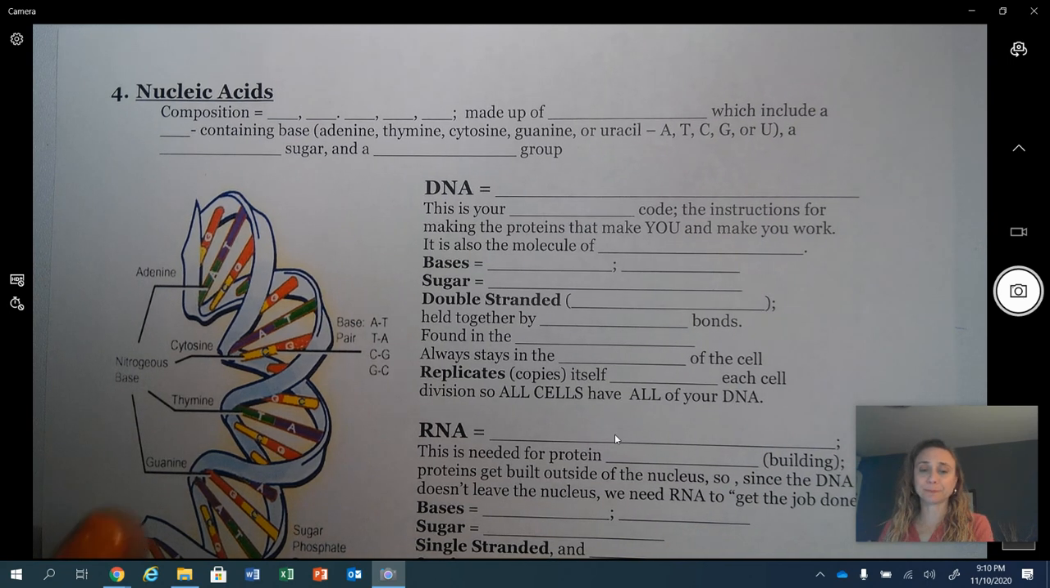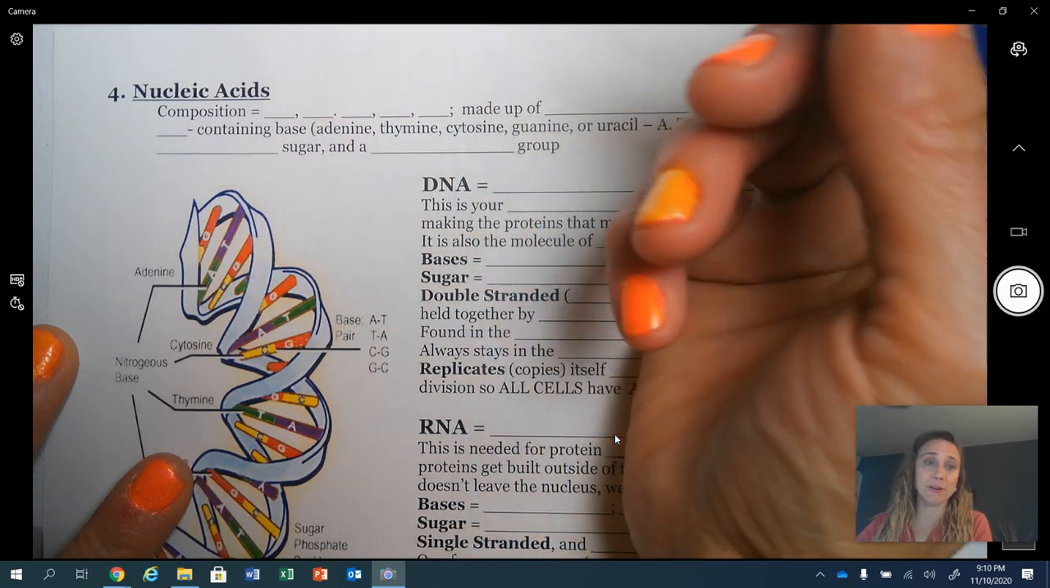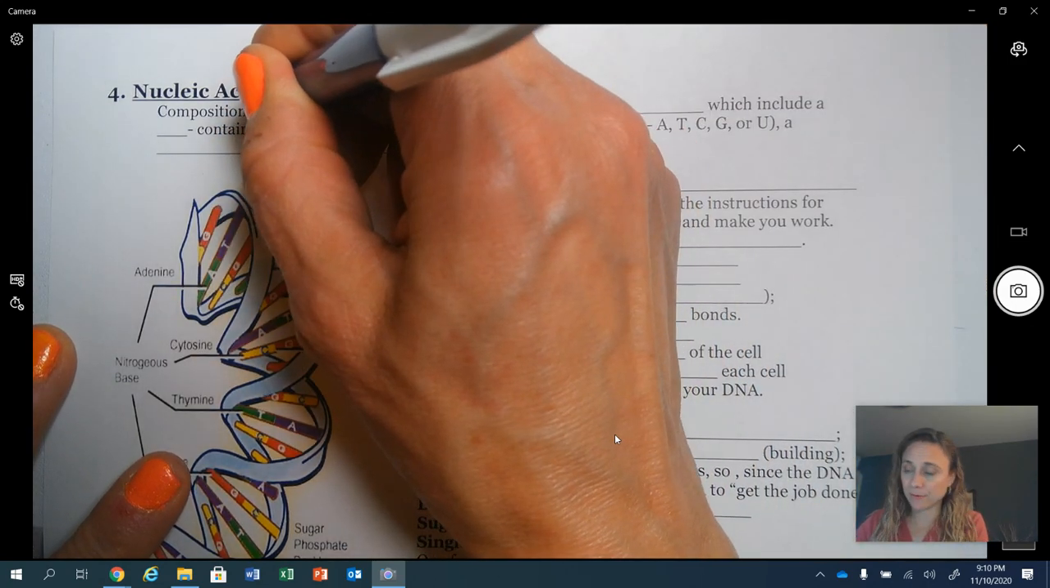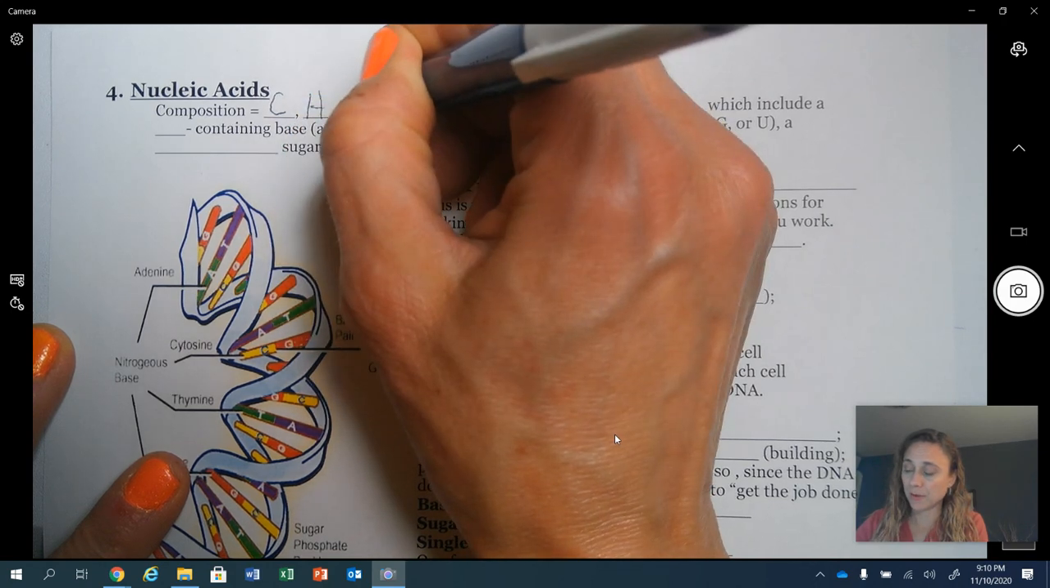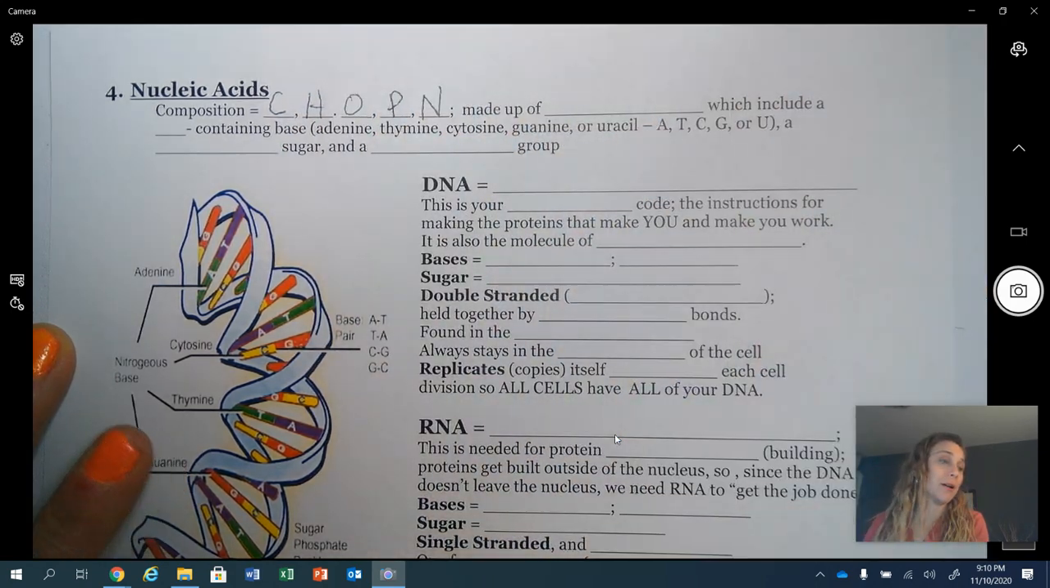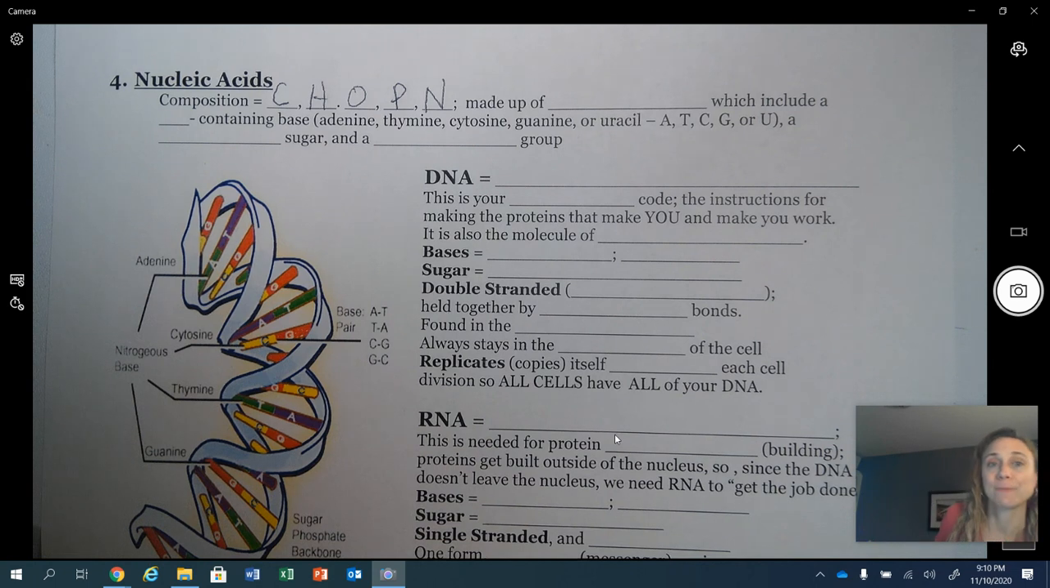In fact, they're in every cell, right? They're carbon containing hydrogen, oxygen. They also contain definitely phosphorus and nitrogen. All right. So